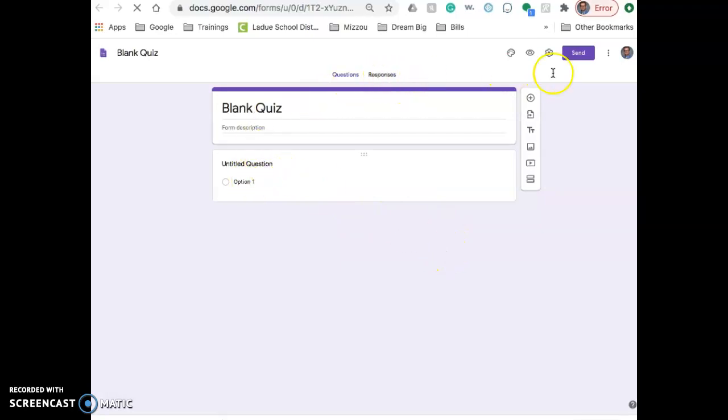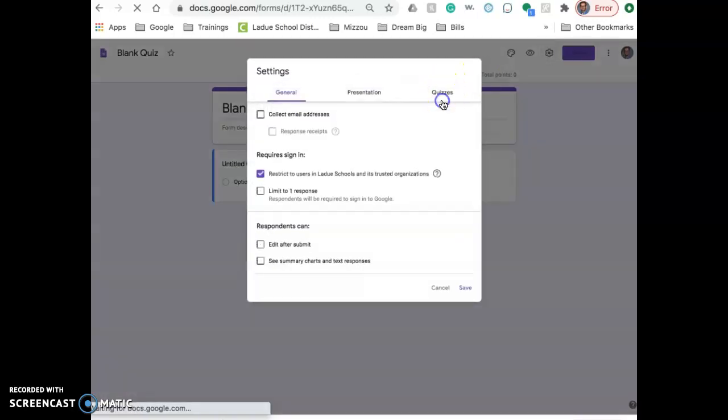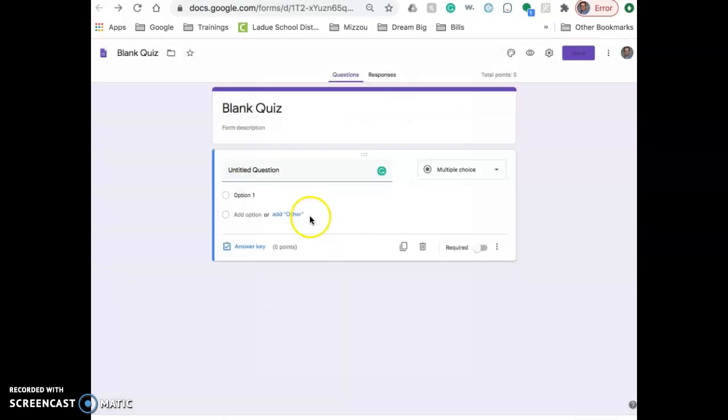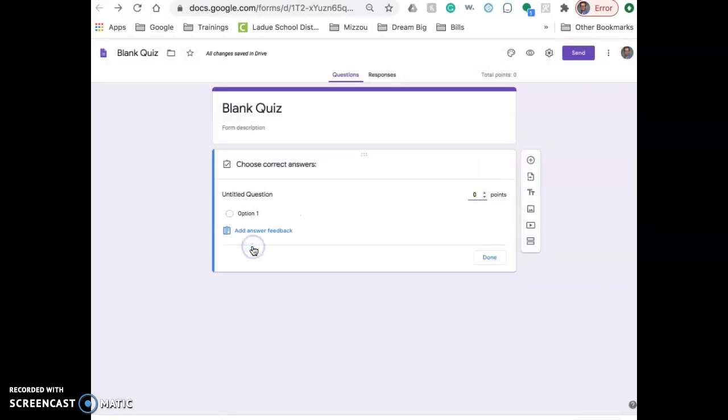And so I would want to go into settings. Under quiz, it is a quiz. I can release the grade immediately upon submission. Different options here to figure out. I'm going to leave them as they are. And then